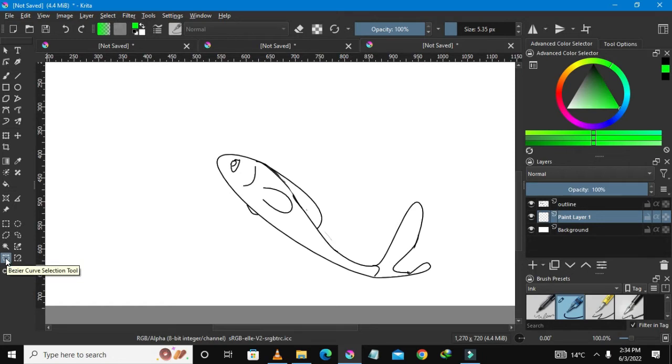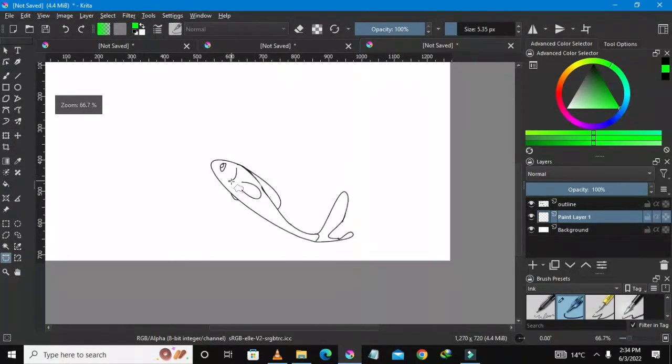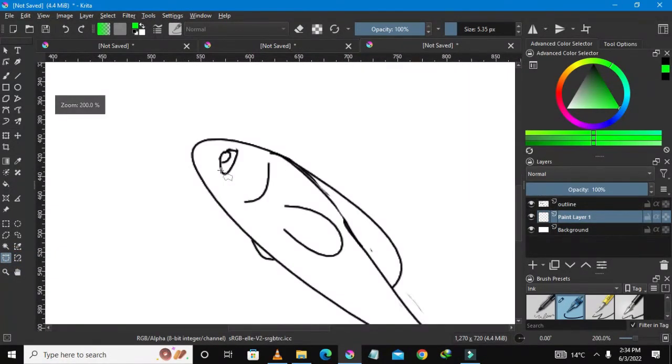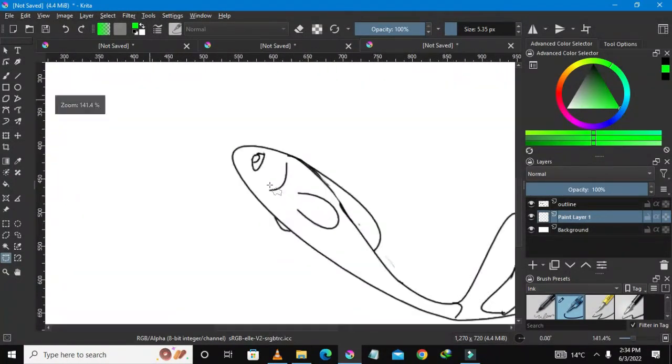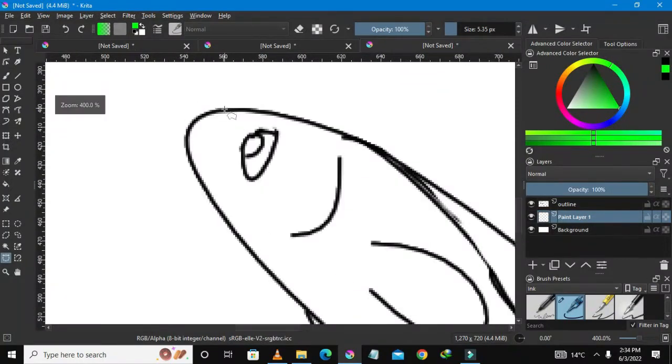Check on your left hand side, there's this bezier curve selection tool. Select that, and what we need to do is we're going to retrace our fish. We're going to be like we're redrawing, but not really redrawing, just retracing the lines,